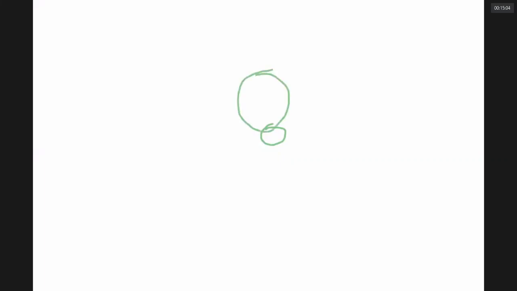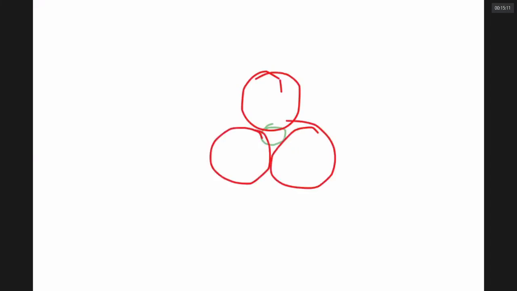Sir, these are the 3 spheres. Let us change the color. In these 3 spheres, there is a small sphere sitting in the center. These are negative ions, and the central one is a positive ion. Our rule is, the positive ion should allow the negative ions to come as close as possible.